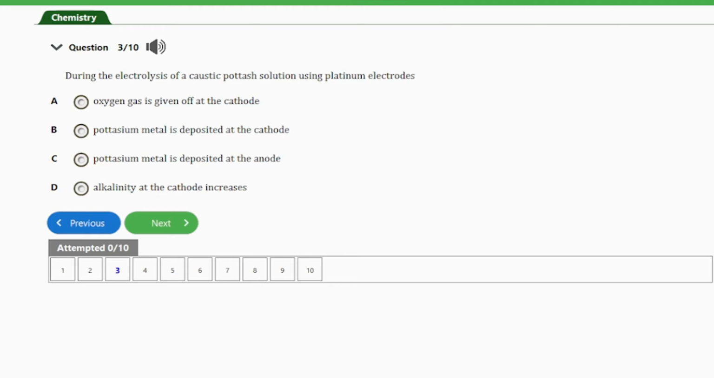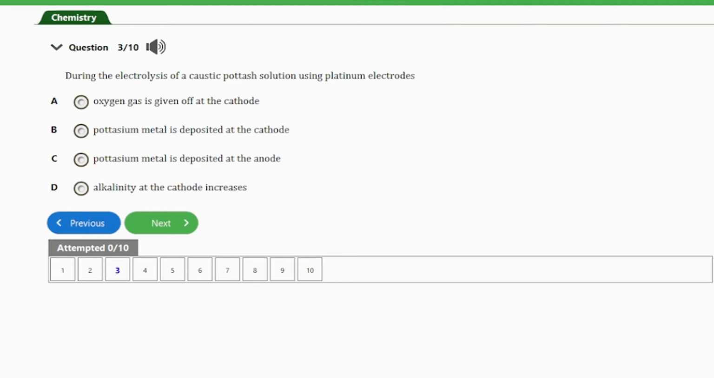The question here says, during the electrolysis of a caustic potash solution using platinum electrodes, A, oxygen gas is given off at the cathode, B, potassium metal is deposited at the cathode, C, potassium metal is deposited at the anode, D, alkalinity at the cathode increases. So the answer to this question is alkalinity at the cathode increases. The reason for this is because hydrogen ions will be deposited at the